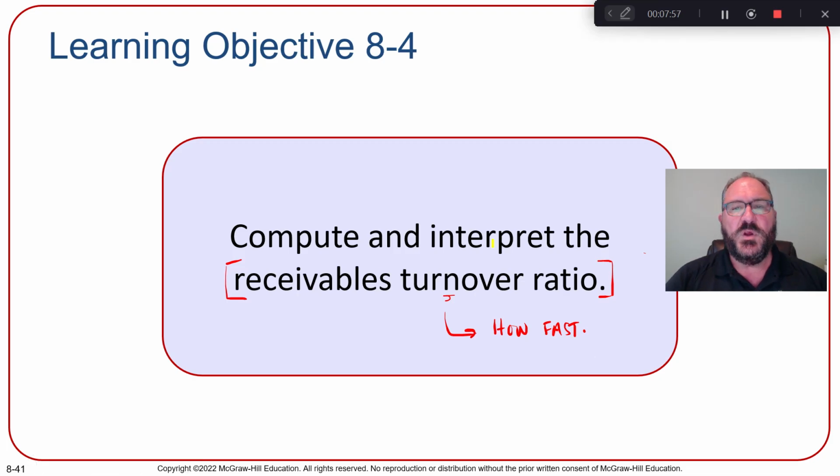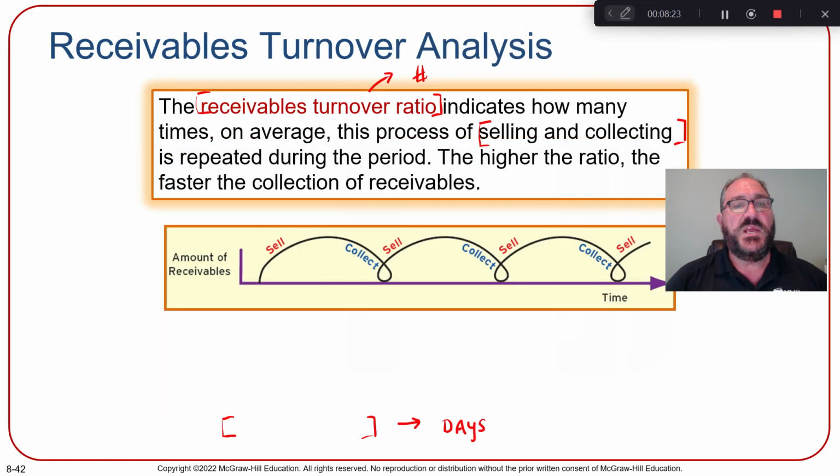Now we're going to take a look at another ratio. We're going to interpret a receivables turnover ratio. Again, this is part of finance, but what receivables turnover is, is how fast are you collecting your money? Like before, when we looked at inventory turnover, it's how fast are we selling it. Here, it's how fast are we collecting our money, okay? All right, so again, receivable turnover indicates how many times, on average, the process of selling and collecting is repeated